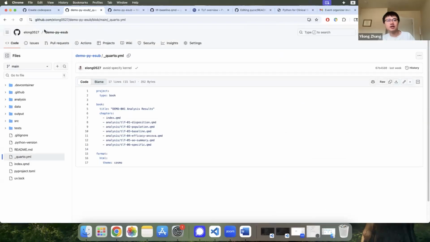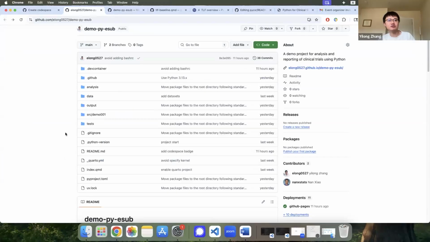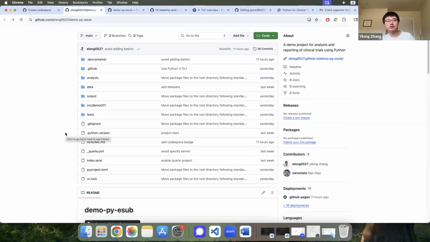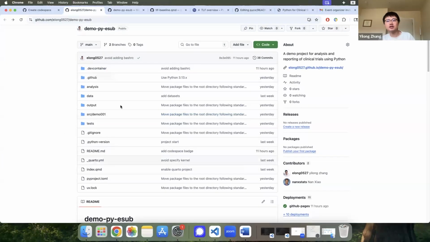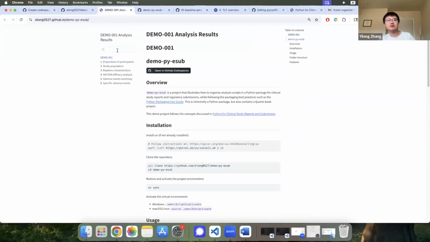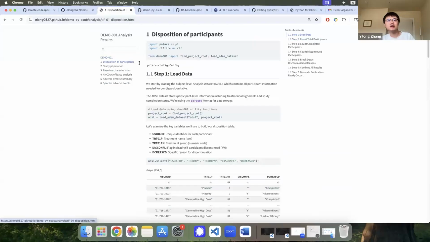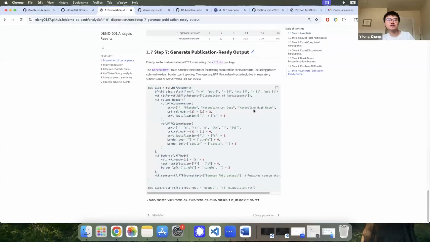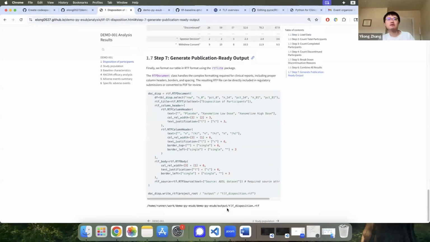So running batch becomes very simple. You can just use quarto render to render the whole project as a book project. This is how this book has been rendered as a demo, to run everything in batch. You can see all the output as a log and see the final results. Oh, the results haven't been covered, but you can see the output is already stored as RTF for each of them. That's just to mimic the pyCSR book as a demo project.